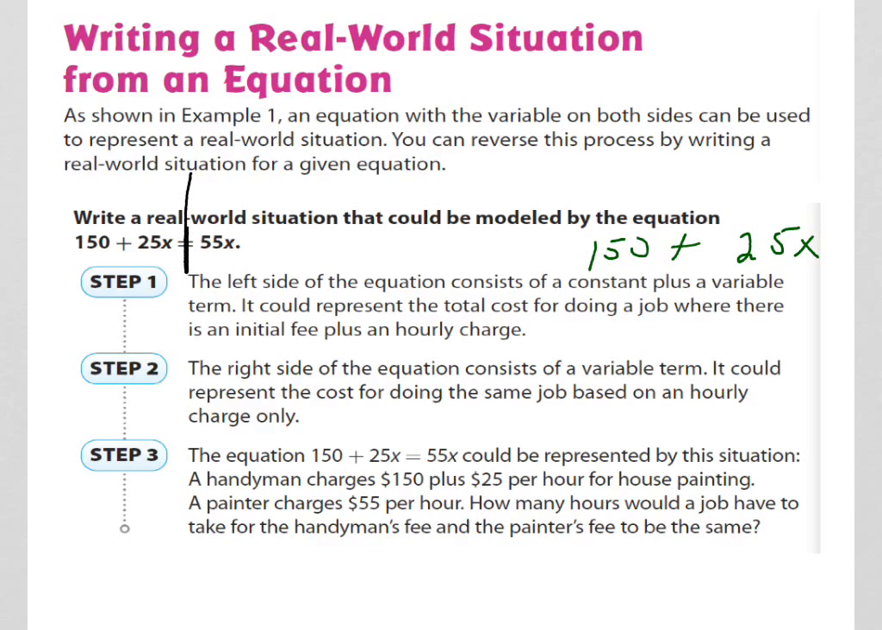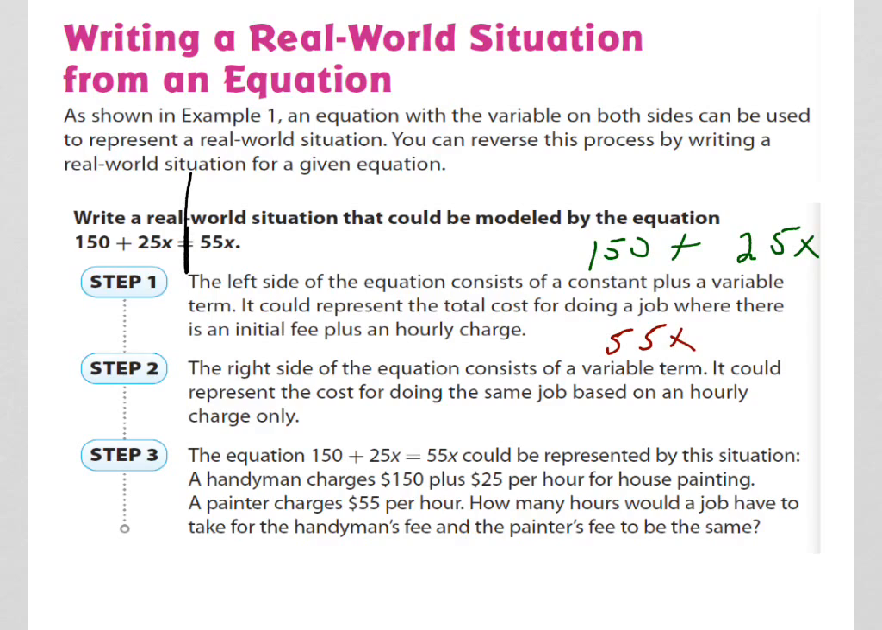Step 2 says take a look at the right side. So now the right side of the equation just consists of a variable term, and that variable term is 55x. There's no initial fee, there's no plus or minus anything there. So it could represent doing the same job based on just strictly hourly cost. So